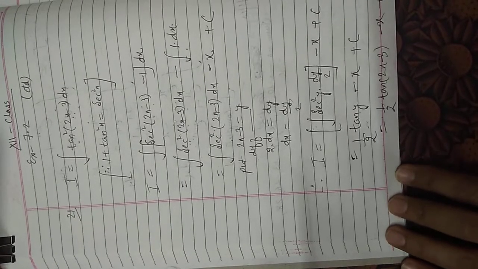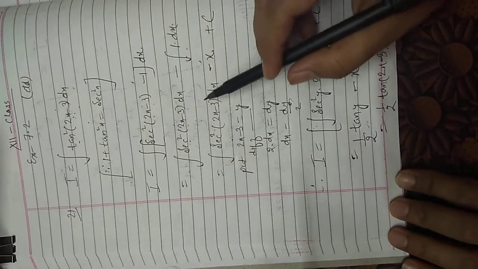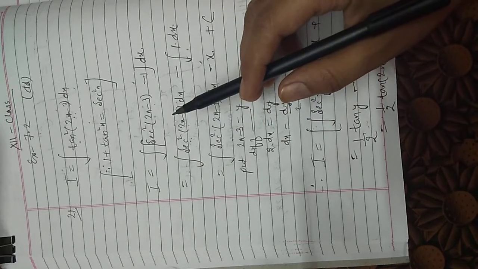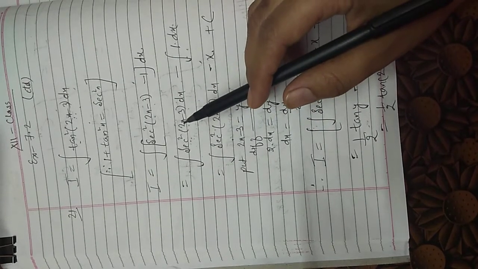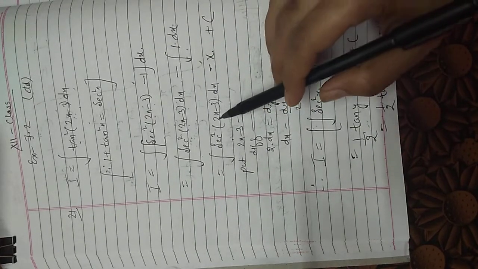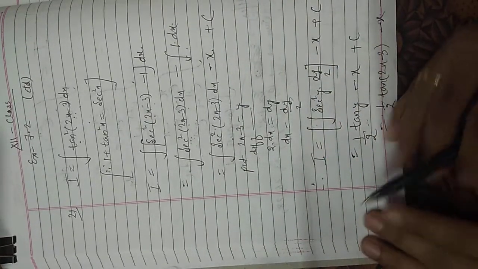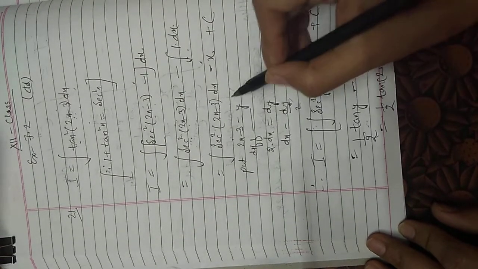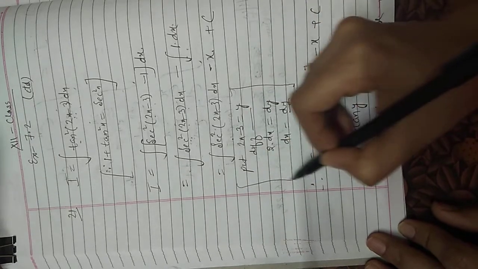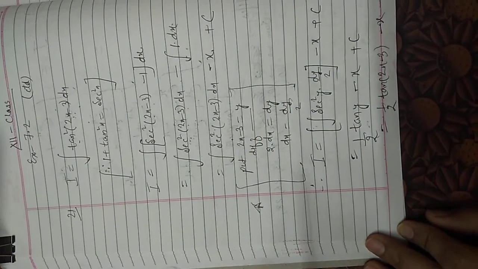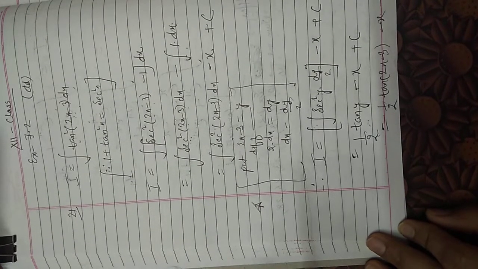So if you notice here, as I told you earlier, I can do the integration straightforward. The integral of secant square is tan divided by the derivative of the angle. And what is the derivative of the angle? That means the derivative of 2x minus 3, it is 2. So here that 2 has come in the denominator. So either you make this substitution or you do it straightforward. It is up to you. You can do it straightforward also, right?